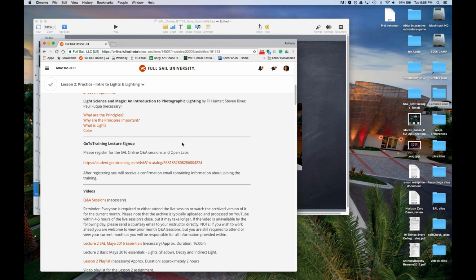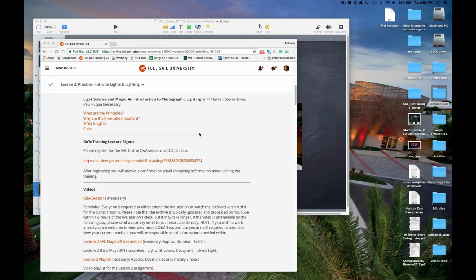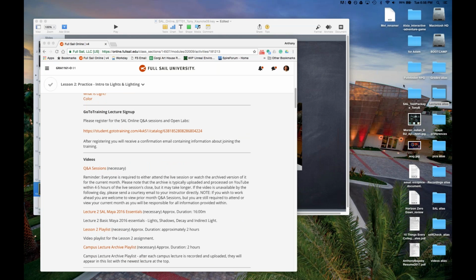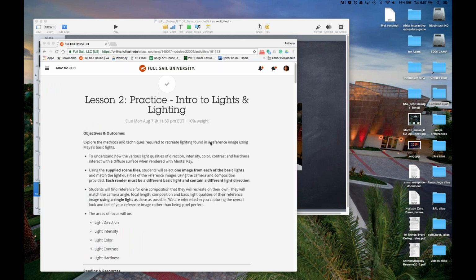We're supposed to try and match the scene's lighting as best we can. Nobody wants to tell me what we're doing in Project 2. Okay. Are we supposed to match the lighting as best we can?